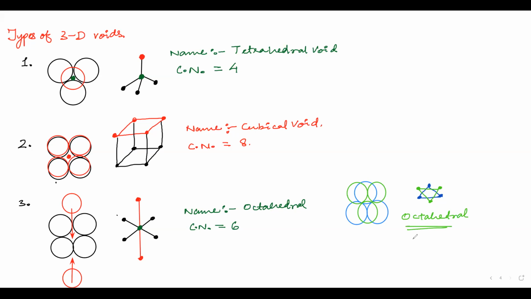So always please remember this. In the chapter you will be seeing this type of octahedral void when we deal with 3D solid. You can copy this. Let me know when you are done. Then we will move. Name and coordination number are important, and the name you can easily see when you make any particular void.